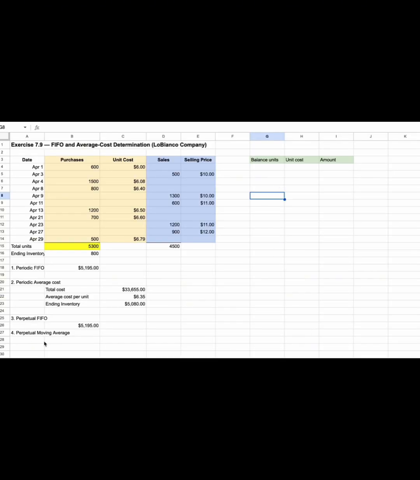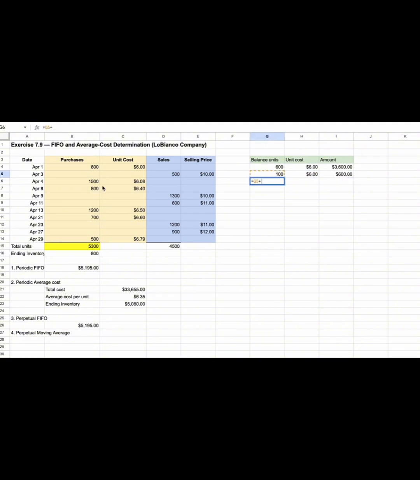Now let's look at the perpetual moving average method. Under this method, the average cost per unit is updated every time we make a purchase. So after each purchase, we recalculate a new average cost by dividing the total cost of goods on hand by the total units on hand. When there is a sale, we use that current average to determine the cost of goods sold